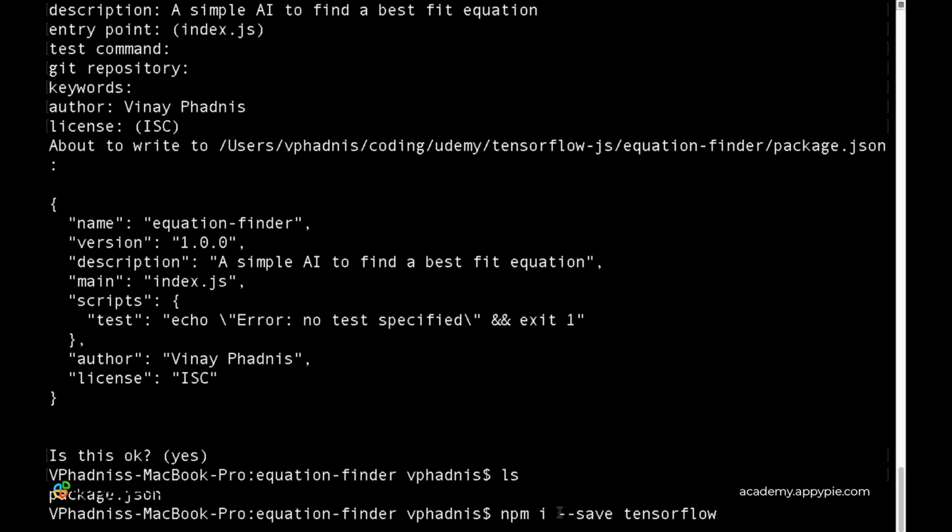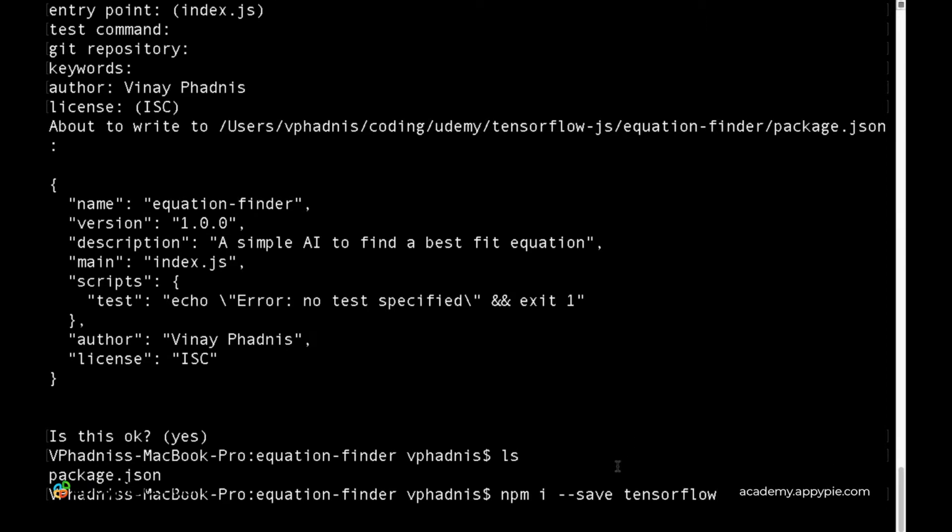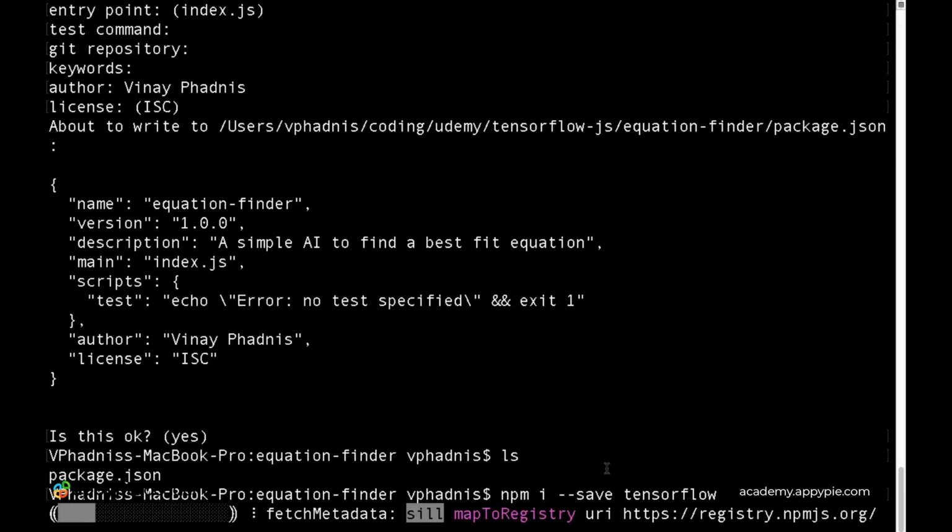The save flag adds it inside the package.json file, so that whenever anyone tries to run or install this package, they automatically have TensorFlow as the specified requirement. Now this will install TensorFlow in this particular folder, and on the side it will also add it to the package.json file.